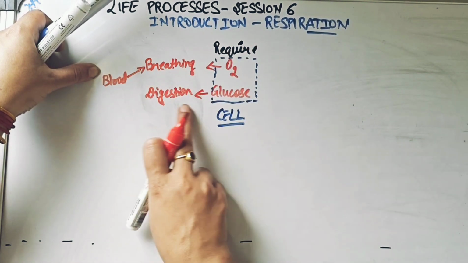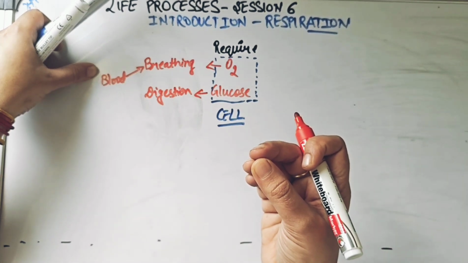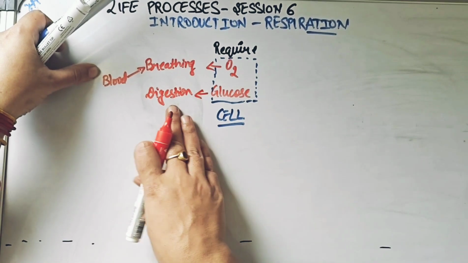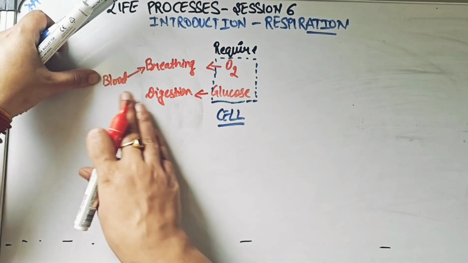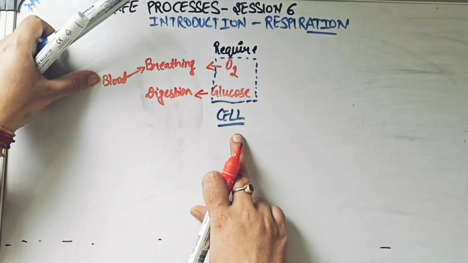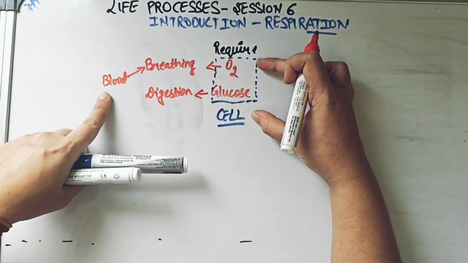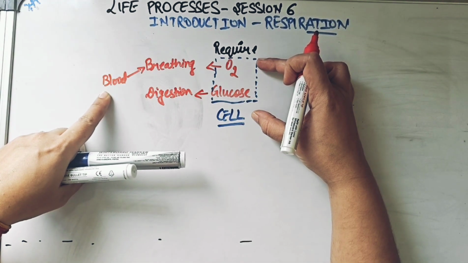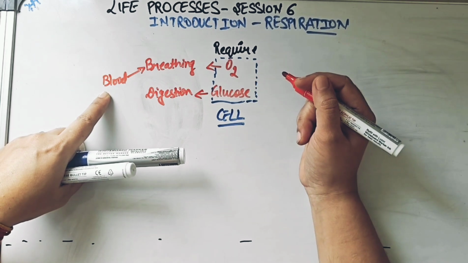cell. When digestion is happening in your small intestine, we studied in our last video that there are villi structures, right? These villi are going to have the connection of blood, and this blood is actually going to carry your glucose and give it to the cells of your body. So when your cells need these two materials, the blood in a way is providing these materials to the cell. Now, when your cell has these two materials, what is your cell going to do at the end